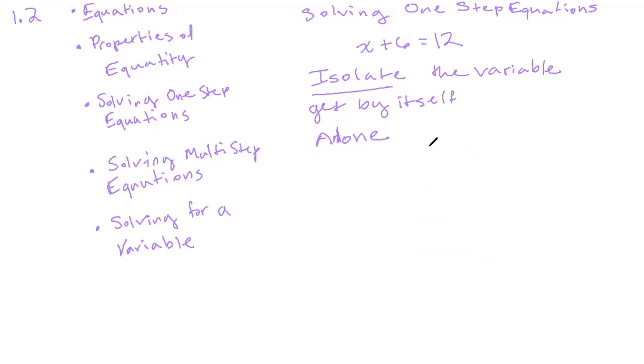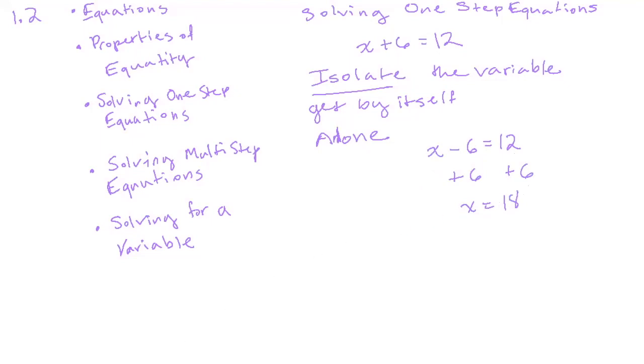Okay. What if you had x minus 6 equals 12? What do you do there? Well, let's think about it. If you have negative 6 here, what's the opposite of negative 6? Or what's the opposite of subtraction? Well, addition. So we're going to add 6 to both sides. So now we have x equals